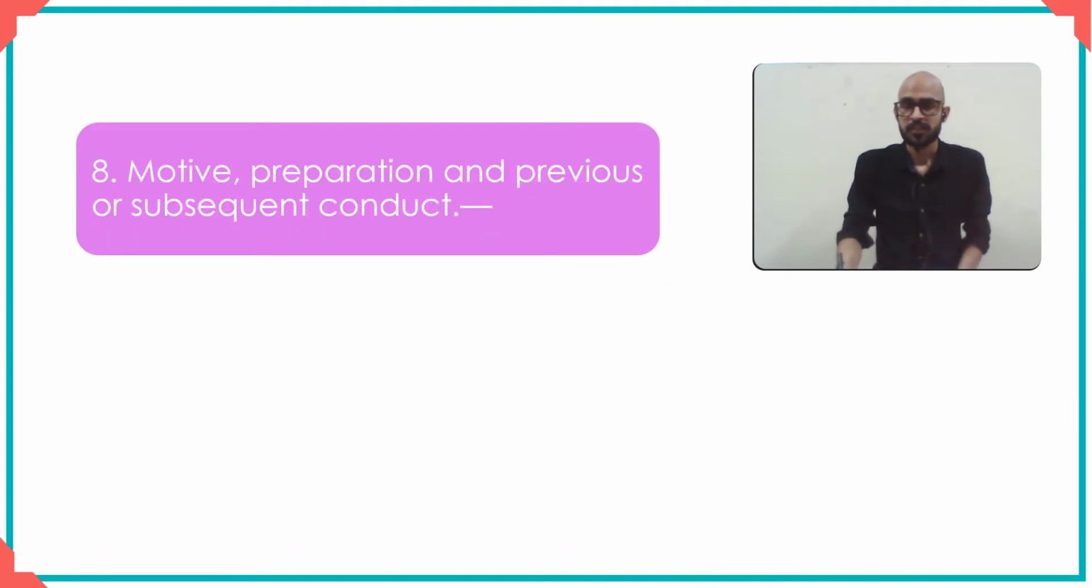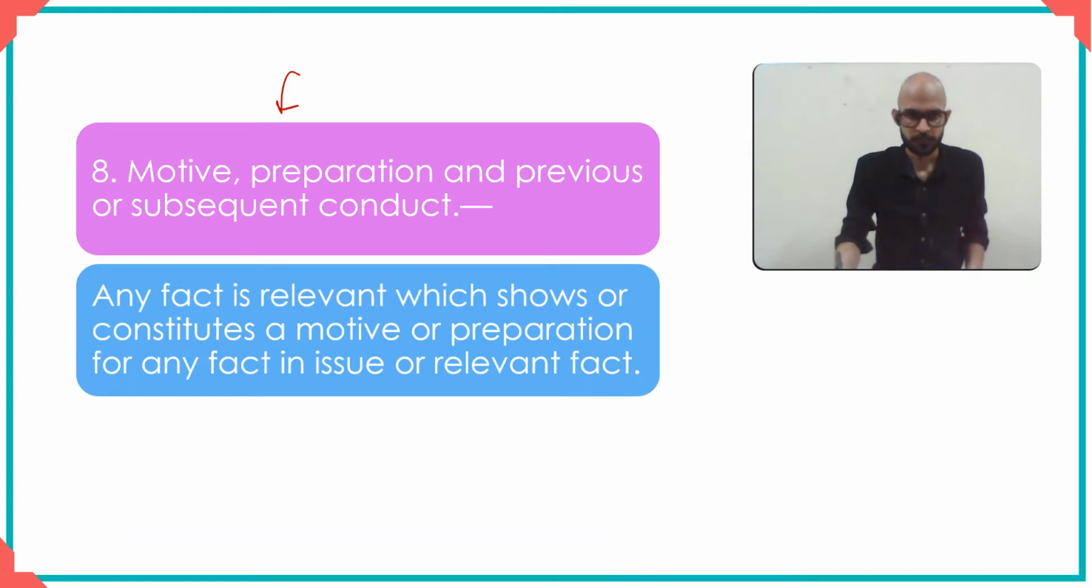Now let us have a look at section number 8. So the title of section 8 uses a few words, and that is the hint as to what you could expect in section 8. It talks of motive, preparation, previous and subsequent conduct, right? So let's look at it part by part. Let me first show you the first part of section 8. It says that any fact is relevant which shows or constitutes a motive or preparation for any fact in issue